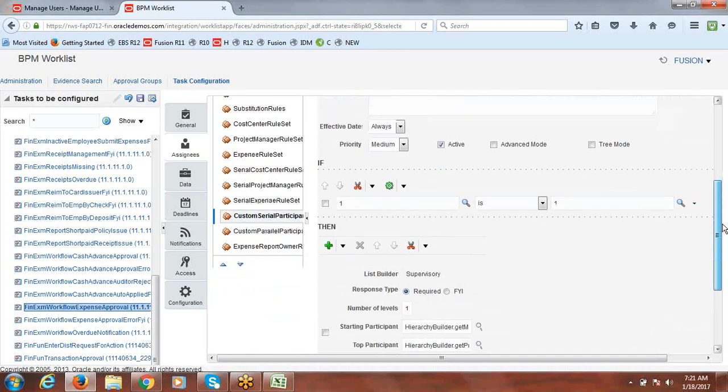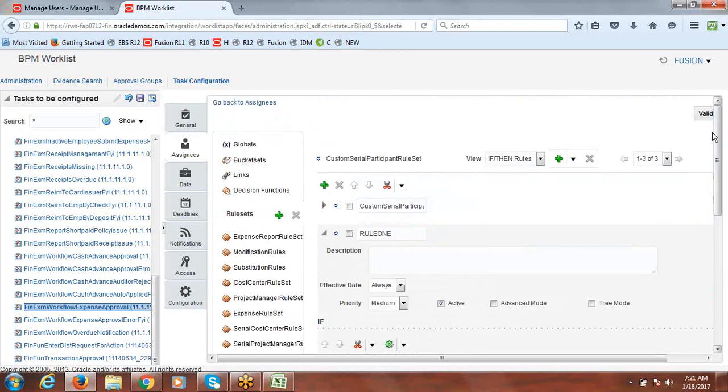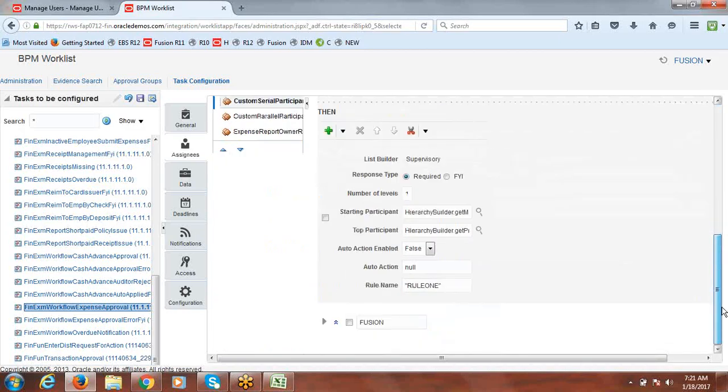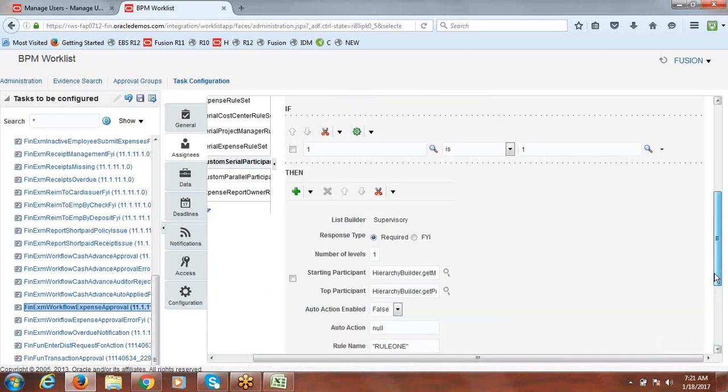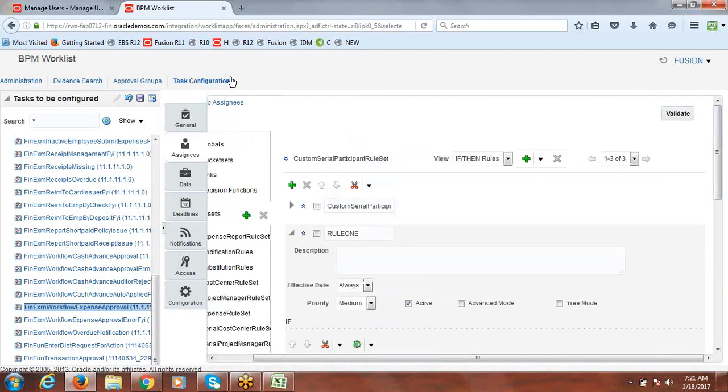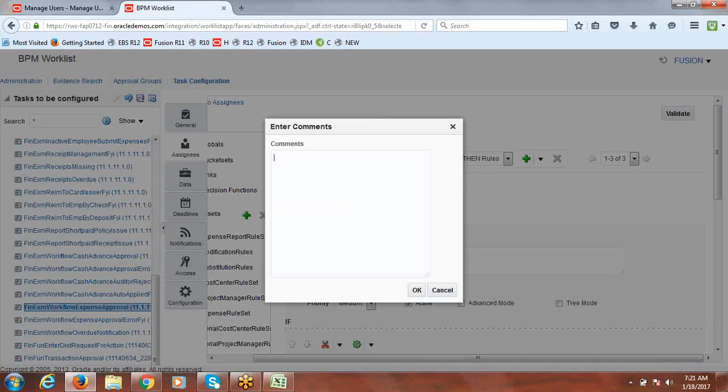You can see the rule is the same, no changes in that. Just click on validate. Just make sure that there are no issues with this rule definition. Yep, and save.